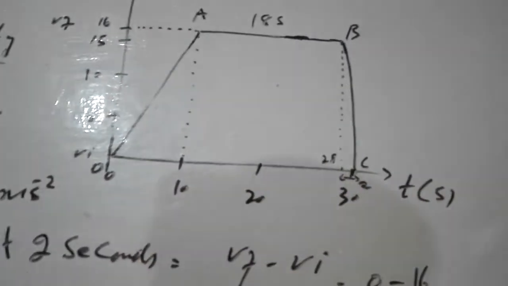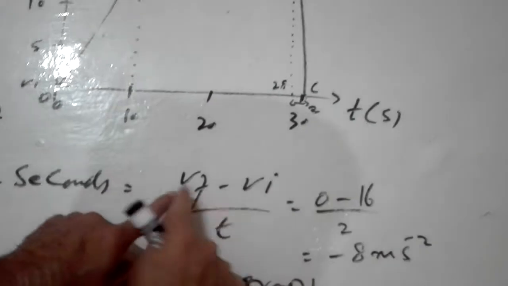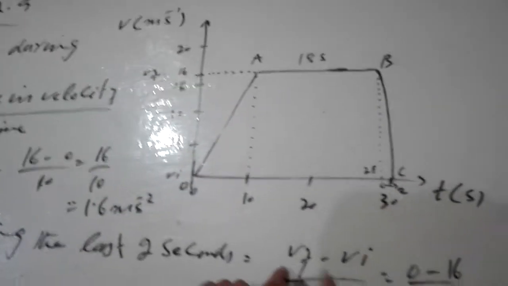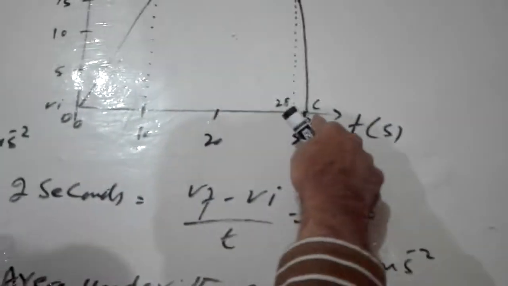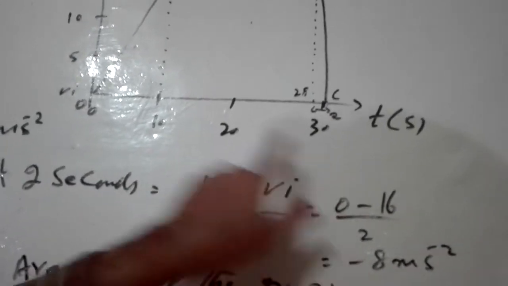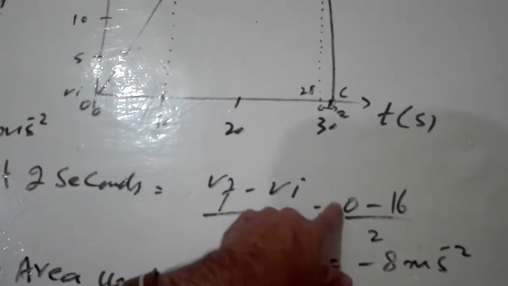So again the formula is the same: change in velocity over time, Vf minus Vi over t. Same formula. Now what is the final value? He has stopped its motion, so the final value is 0. So that's why I will put the 0. Why have I put the 0? Because he has asked you about the last 2 seconds. Last 2 seconds means when he has stopped its motion. So the final velocity will become 0.